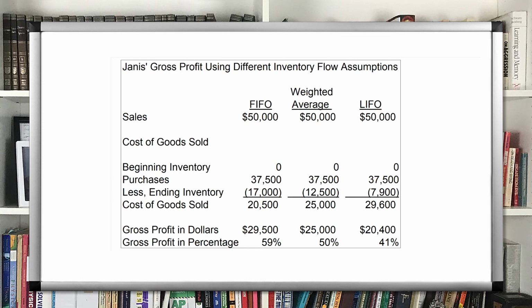The following table shows the variation in computed gross profit. Because the example uses relatively small dollar amounts, the dollar variation in gross profits under different flow assumptions may not seem extreme. The gross profit percentage, however, reveals a more startling set of differences. Gross profit is reported as 59% of sales using FIFO, but only 41% of sales using LIFO. If you're looking at a company with millions in sales, you can see just how dramatic an impact inventory flow assumptions can have on reported earnings.